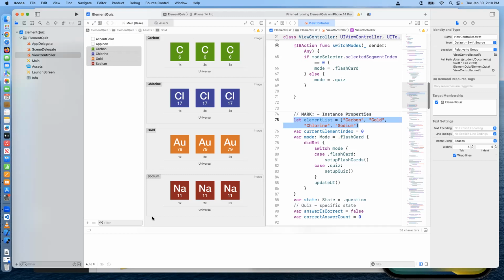Now, the table of elements does have an order, by the way, right? And you notice that all the elements have a symbol that's a letter, and then a number, which is the atomic number. And chances are, if you went out online and looked up the list of elements, they would be listed in the order that they're found on the table, starting with hydrogen, then helium, etc. And it would just count up from 1 to whatever, right? And so you could copy all those names and drop them into a list. But here's what's going to happen: people who take the quiz over and over again will get to learn the order and really kind of memorize it. And what the author is saying is, wouldn't it make a whole lot more sense if